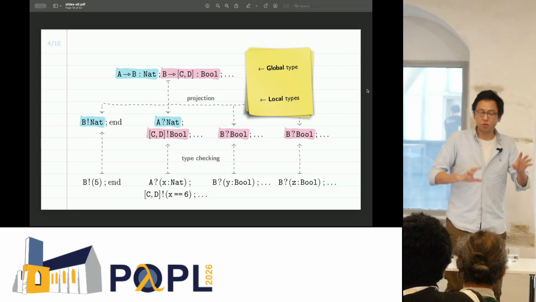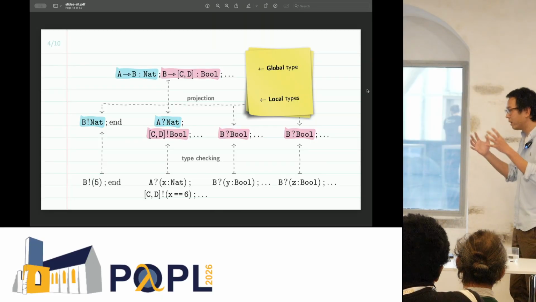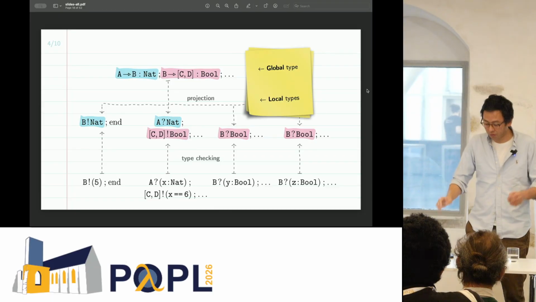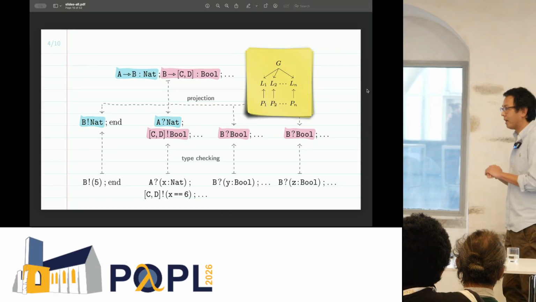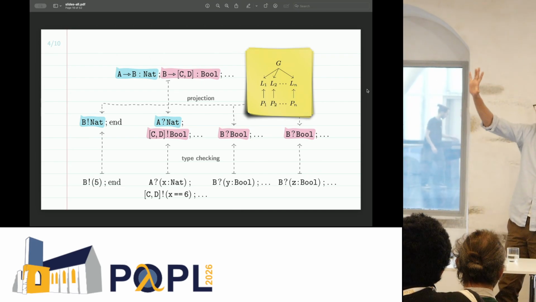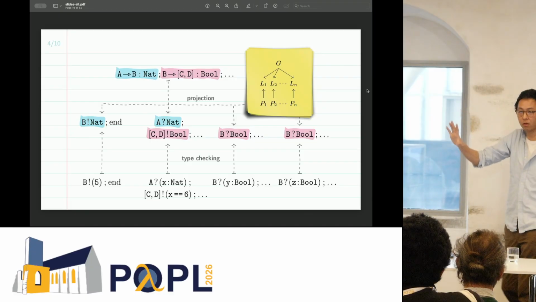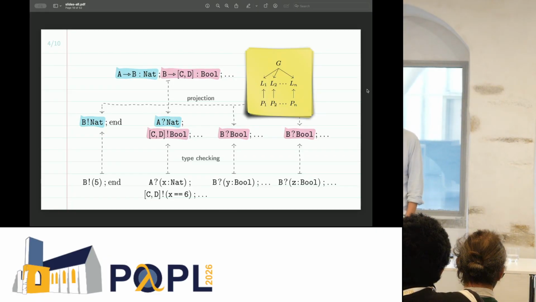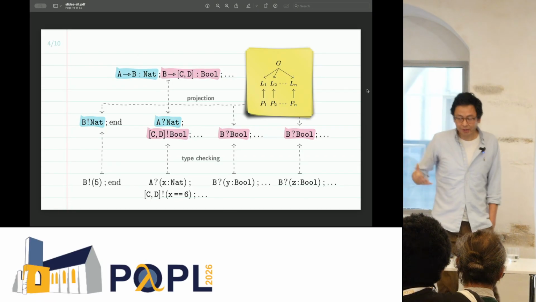Right? If they somehow correspond syntactically in this way, then we can conclude well-typedness. Now, in this very simple example, we have only 4 of those terms, but in general, we can have any number of processes. Right? So then the picture looks like this. We start from a global type, do our projection to obtain the local types, and then type check the processes. Now, suppose that we go through all of these movements. What really does that give us?